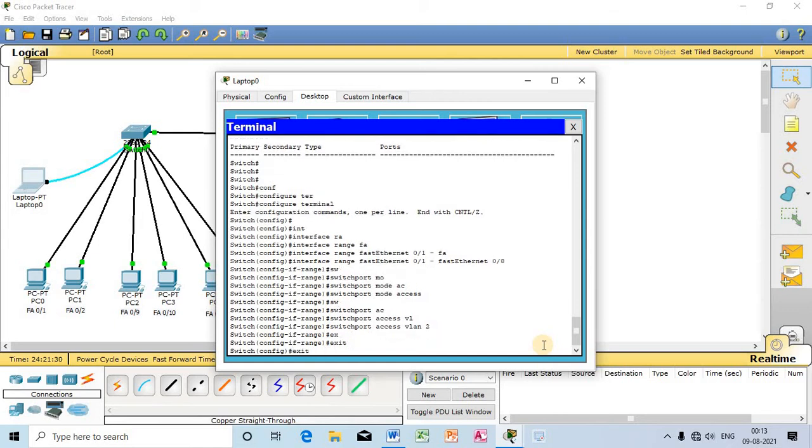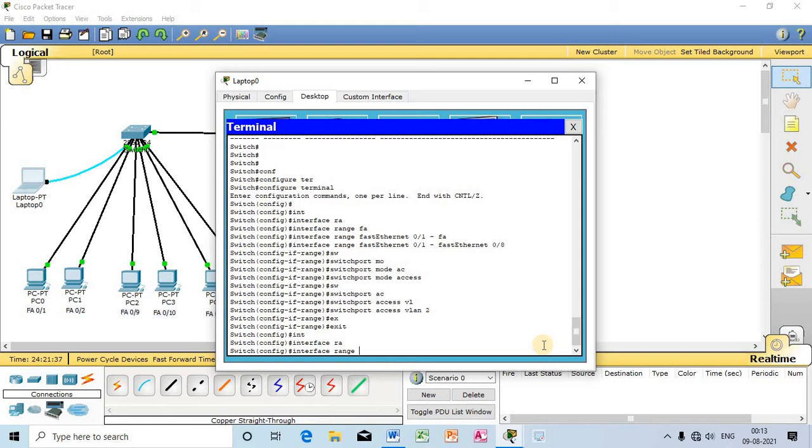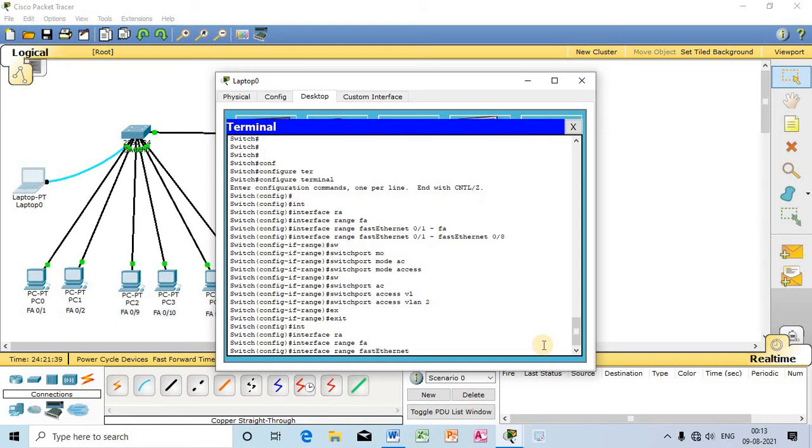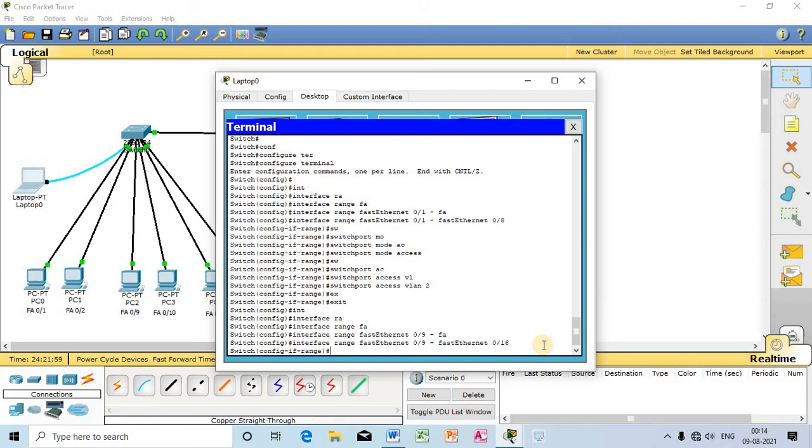Again I will select a number of ports, interface range fast Ethernet 0/9 to fast Ethernet 0/16. So again I am going to select ports starting from 9 to 16. So I have selected 8 ports by the range command.